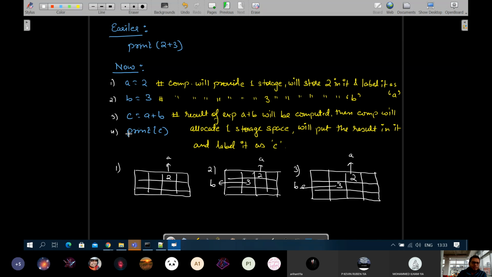Yeah. So when it comes to line number 3, right side of the equal to, if there is an expression, computer will solve it first. Computer, how it will solve first? First it will see A. Because A is not enclosed within quotes, then computer will understand that if alphabet or English like characters are there which are not enclosed within quotes, then the only other possibility is that they are going to represent labels of some of the memory spaces in the computer's RAM. So because A is not enclosed within quotes, computer will understand, okay, that means this is not a string but a label. So computer will start scanning the RAM.